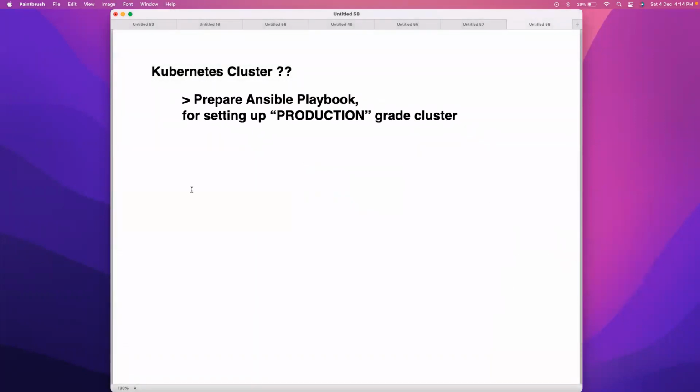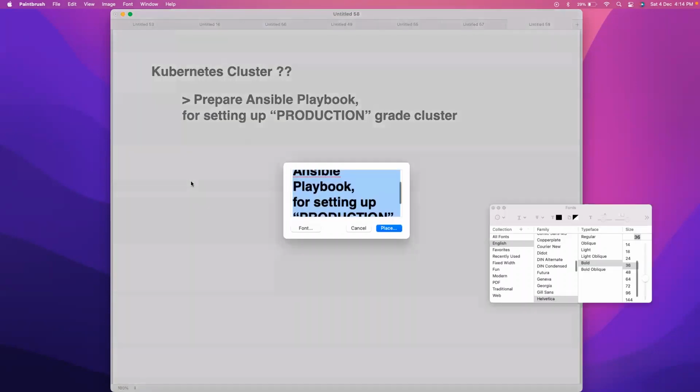So now you guys need to start writing some playbook in such a way that it should replicate all the manual steps which I showed you in the class. There were so many steps involved while setting up this Kubernetes cluster, right? Now I want you to write some Ansible playbook to set up this production grade cluster. When I'm saying production grade cluster, it's exactly what we did in the class with 2 worker nodes